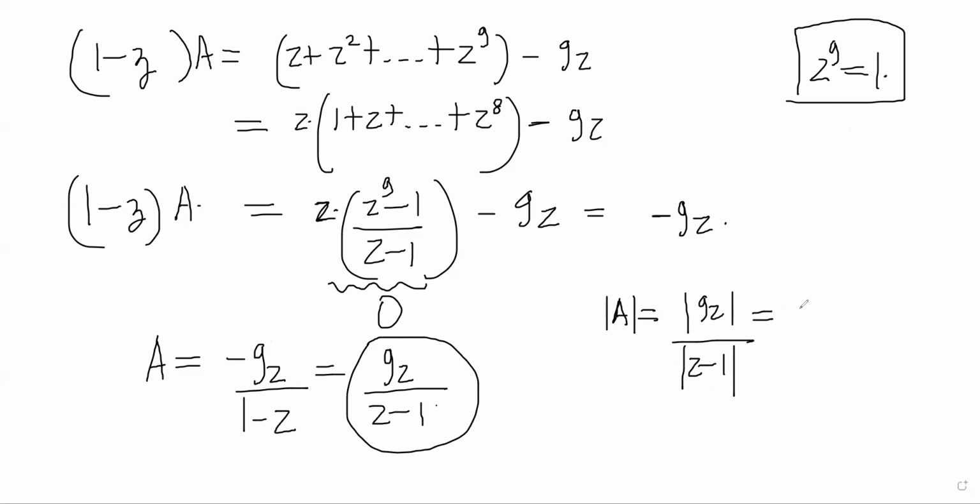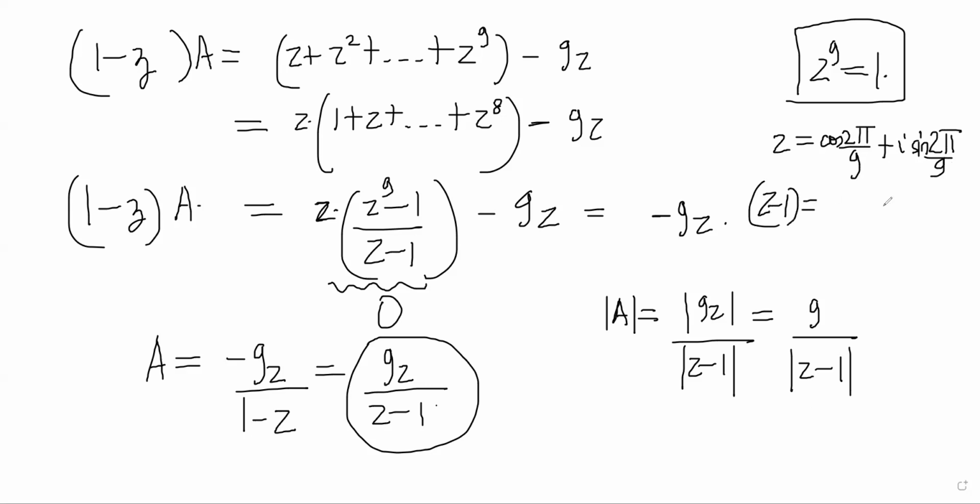And that was basically mod of 9z is going to be 9 times mod of z, which is 9, by mod of z minus 1, right? So now all we have to do is find the mod of z minus 1. And remember, z was cos 2 pi by 9 plus i sine 2 pi by 9. So what is mod of z minus 1? z minus 1 can be written as cos 2 pi by 9 minus 1 plus i sine 2 pi by 9. And this can be simplified as